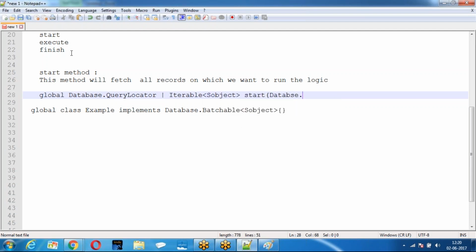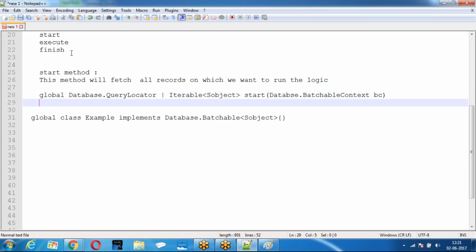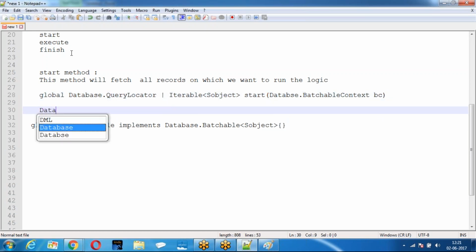Start database dot value. What is the syntax? Database dot query locator or iterable, any one I have to use. Now start. Now when do you go for database dot query locator? Generally when you write a query,